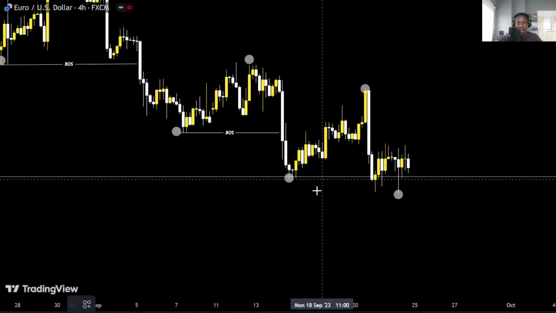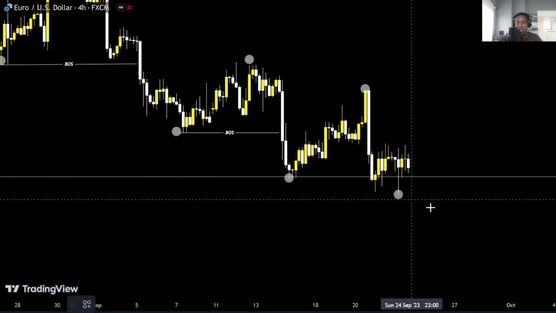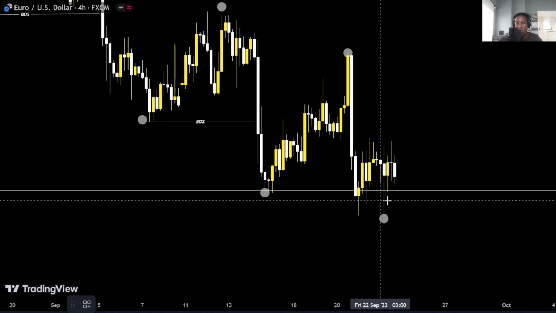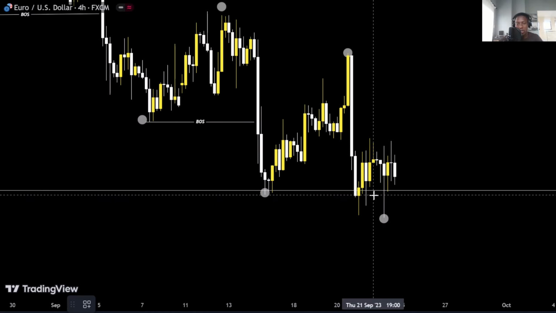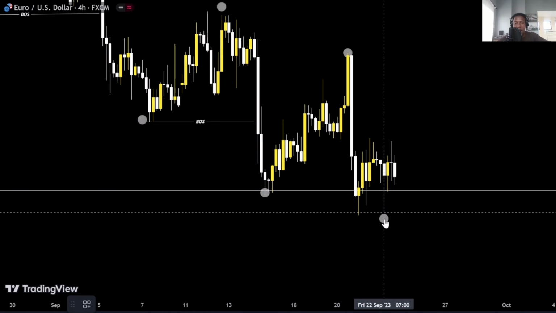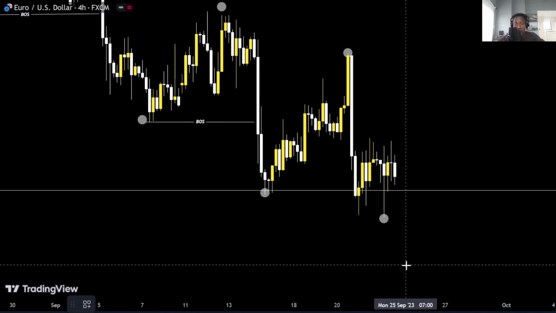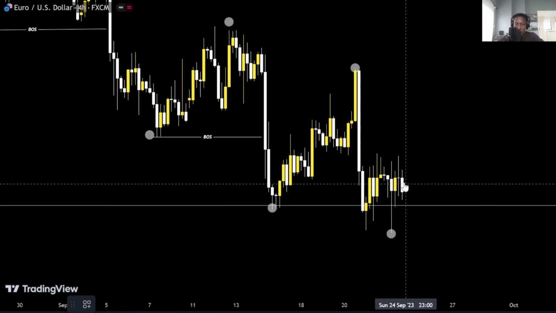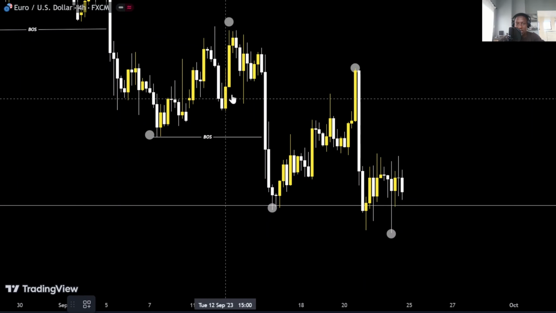There you go. And right now, there's not necessarily any BOS for now because there's wicks. You know what I mean? There's a lot of wicks happening here. To classify it as a BOS would be kind of unfair. So I just want to see a bit of price action going a bit lower to classify it as a BOS, right? But for now, with the way it's moving, I'm anticipating that it could correct the same way